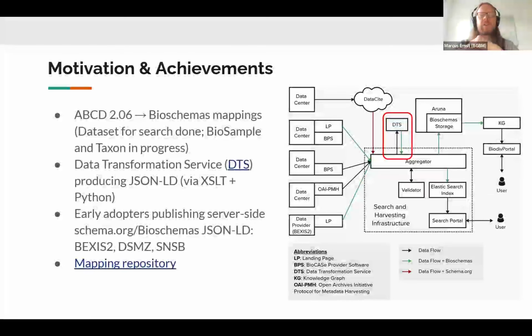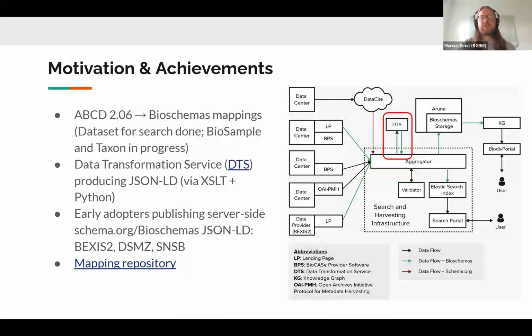In parallel, we enhanced the data transformation service, or in short DTS, that is able to generate Bioschemas JSON-LDs using a combination of XSLT and Python scripts. This is really important because it turns existing biodiversity metadata into Bioschemas for the GFBio search and harvesting infrastructure, which can be seen in this figure.